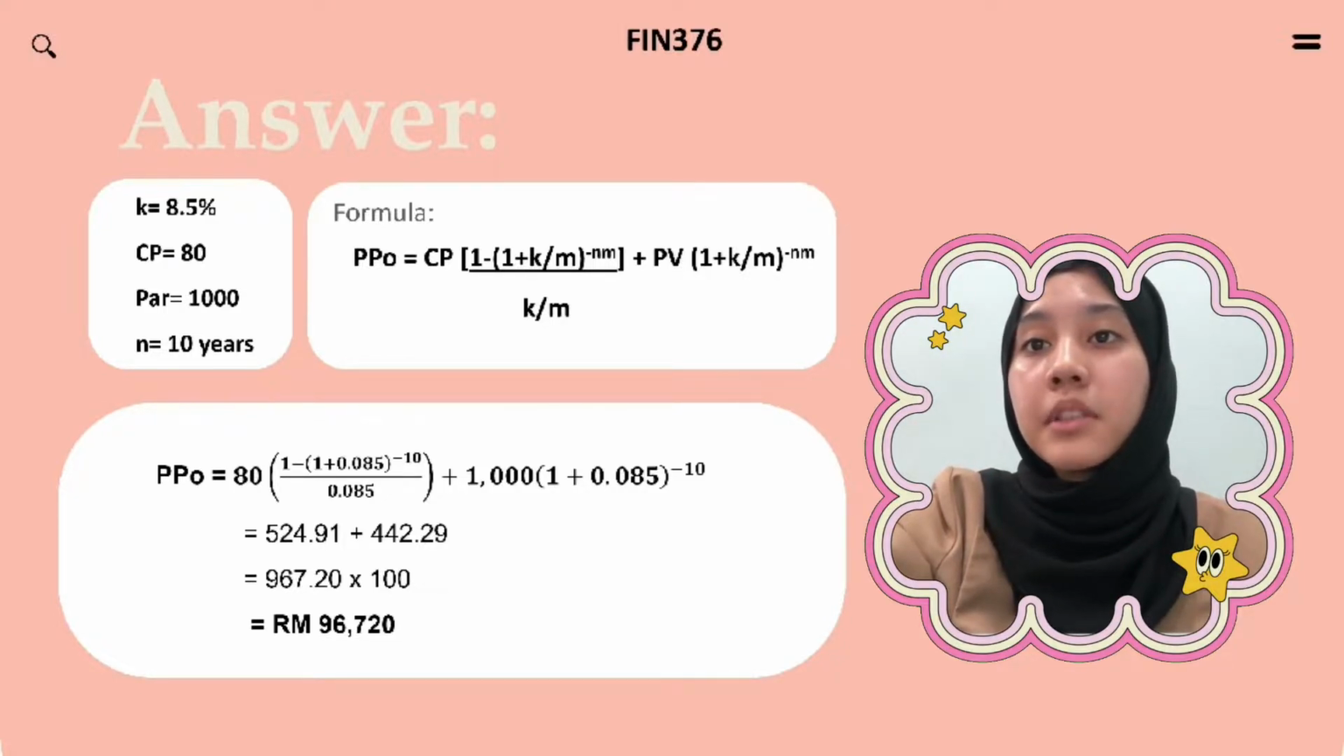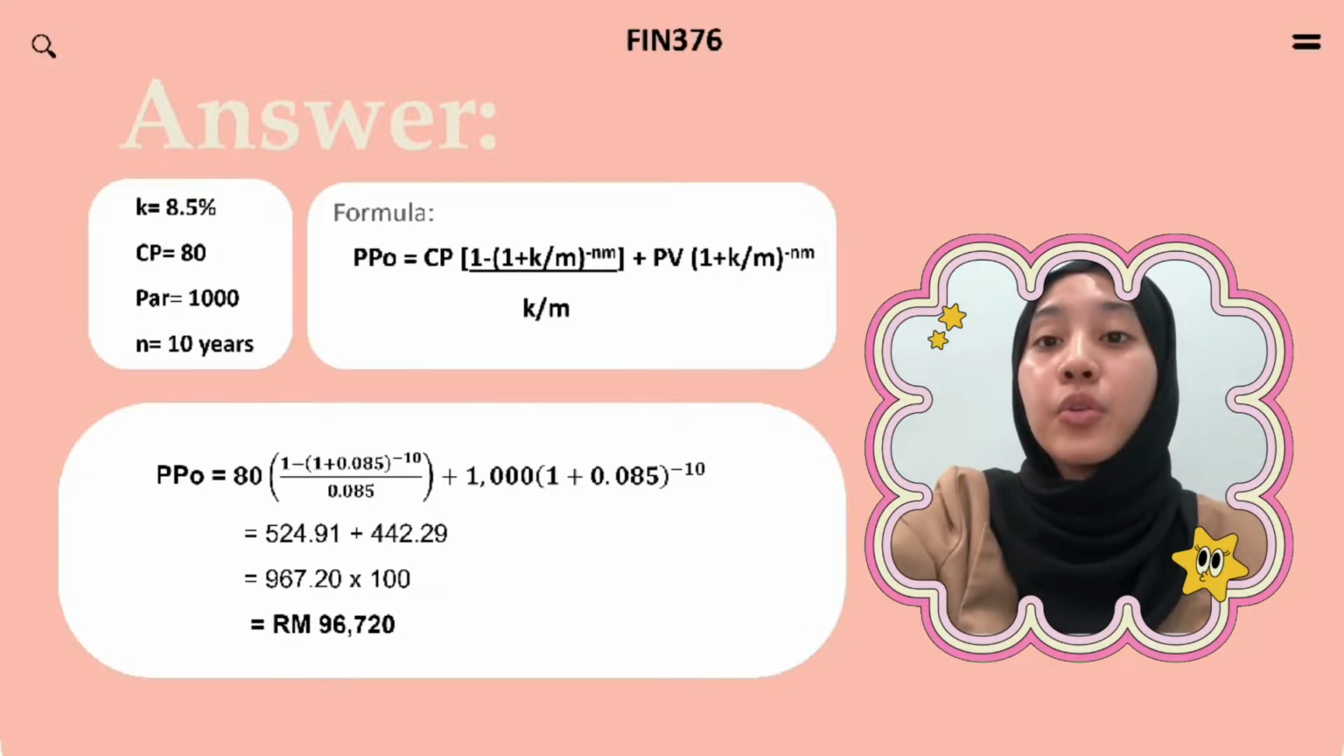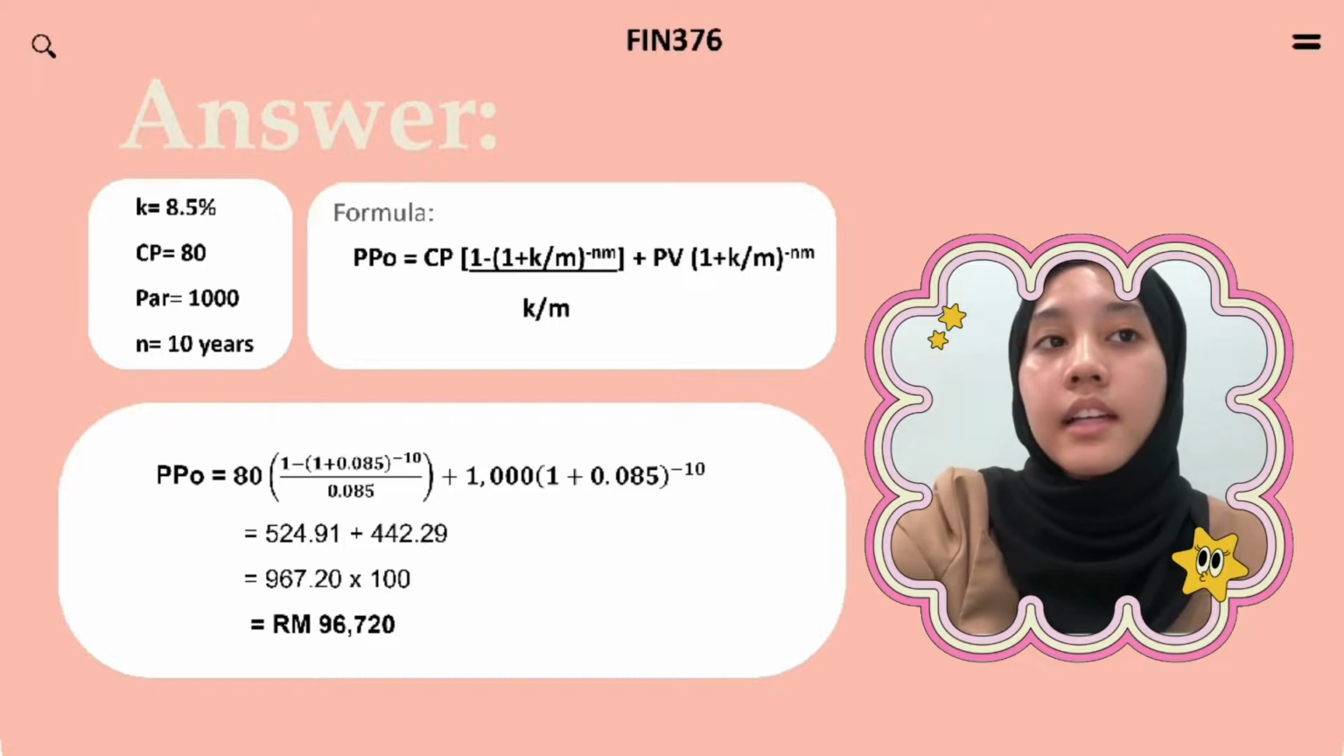So, we will be using the purchase price formula in order to get the first bonds that he purchased for 2 years. As you can see, purchase price equal to 80 ringgit for the CP, bracket 1 minus bracket 1 plus 0.085 power of negative 10 for the 10 years maturity date, bracket, and divide by 0.085 plus 1,000 for the PAR, bracket 1 plus 0.085 power of negative 10. And we will get 967.20